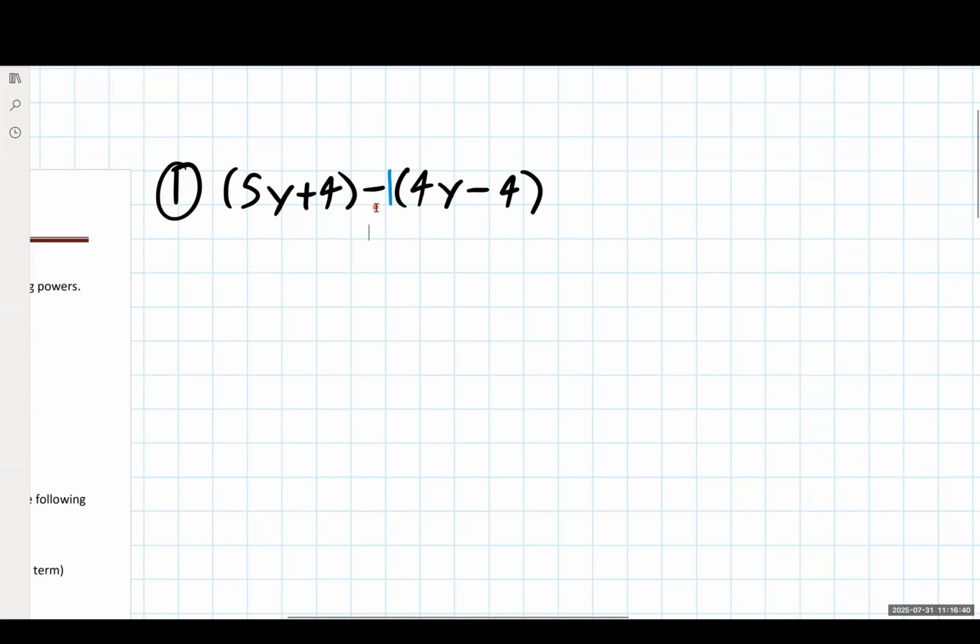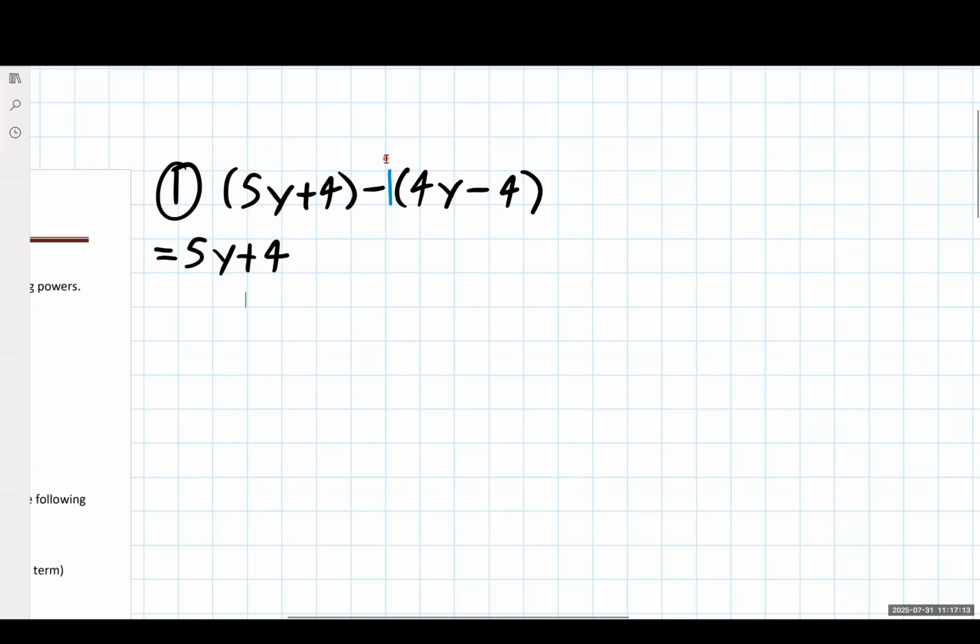Now, this -1 does need to distribute through, and this will affect everything in this second set of parentheses because I effectively have -1 multiplying with everything here. With my first binomial, you could think of it as there being an invisible +1 sitting in front. But a +1 times anything isn't going to actually change any values. So this first binomial is going to come down exactly as it was with no changes.